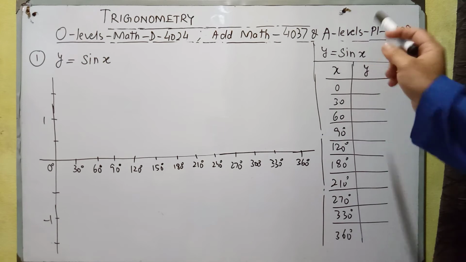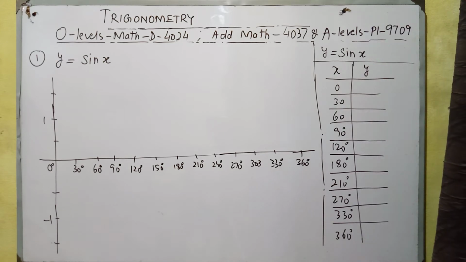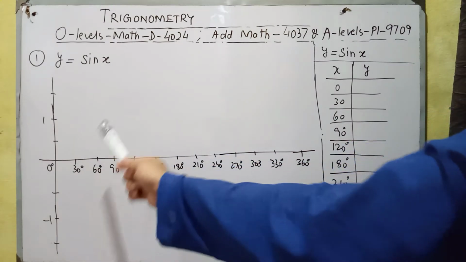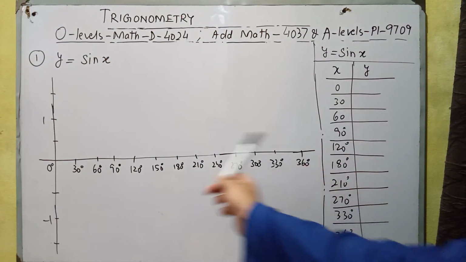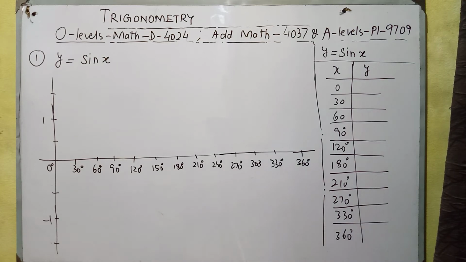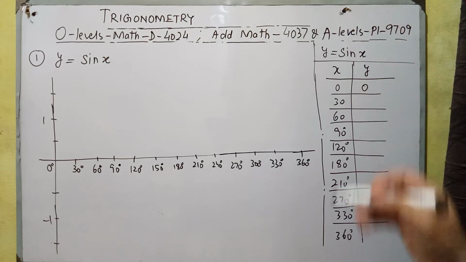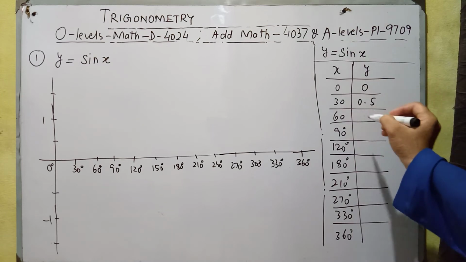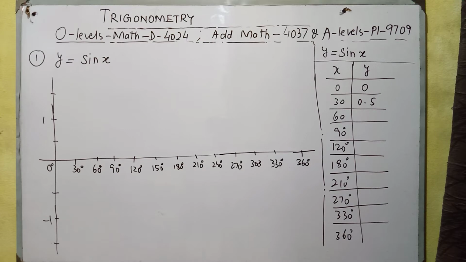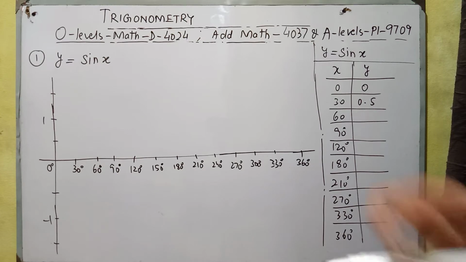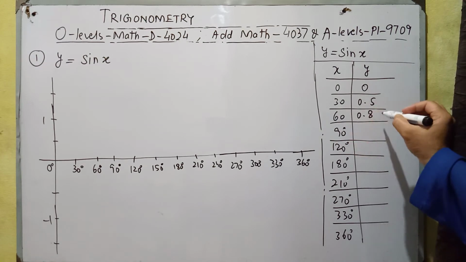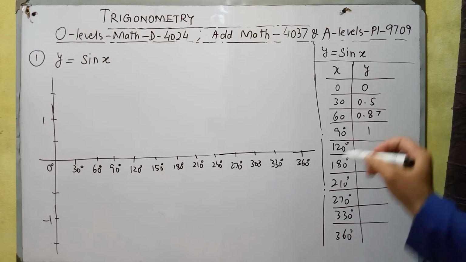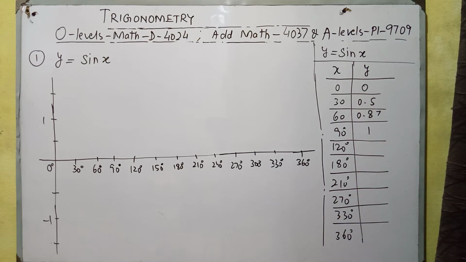This is our function y is equal to sine x, and we will substitute different values of x at intervals of 30 degrees: 30, 60, 90, 120. We are starting from 0 and ending at 360, taking intervals of 30 degrees. We know that sine 0 is equal to 0 and sine 30 degrees is equal to 0.5, and similarly we can calculate these values using a calculator. Sine 60 is equal to 0.87, and sine 90 degrees is 1, sine 120 is